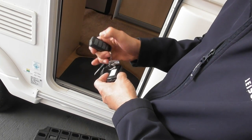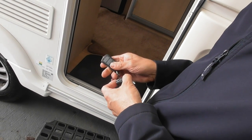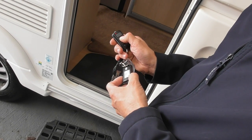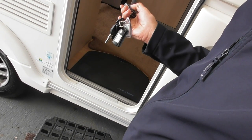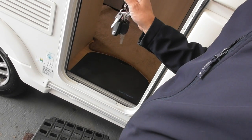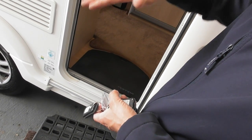You've got a torch at the end of it. So first button is torch. To set your alarm is the second button. You just press and hold it till you hear a beep. One beep. That's up. Right. Start again. One beep. That's up. That's it. One beep on. Yeah. Press it again. Hold it again. Two beeps off. Okay. What that is doing is activating the alarm box, which has got a tilt sensor on,